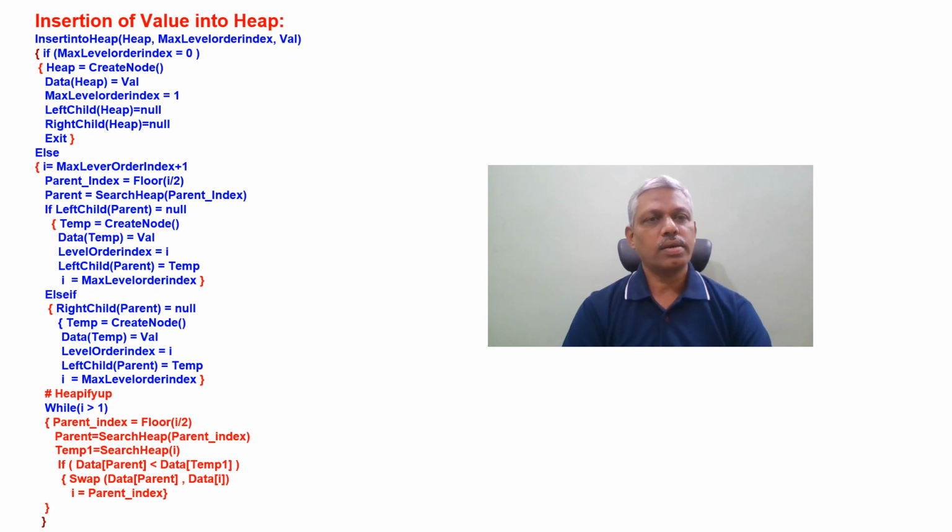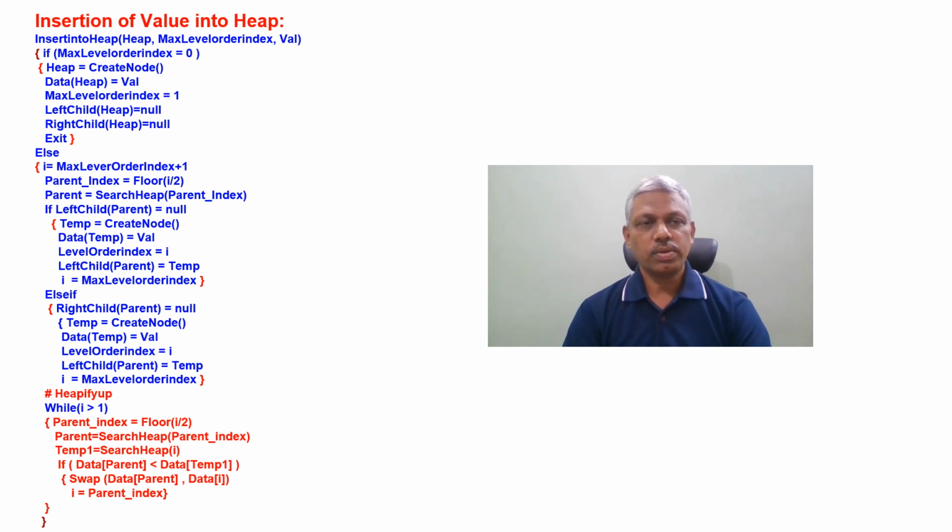So insertion, again heap, max level order index and value are the same. If max level order index is 0, that means no value is there until such time, so here we need to create a node. Heap is equal to create node, data of heap is equal to val, and the max level order index is also stored in the node. Along with the data, in the node we also store the max level order index. Max level order index is 1, and left child of heap is null and right child of heap is null, so exit. Else, if that is not the case,